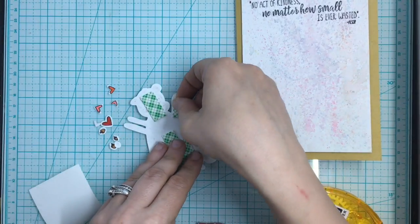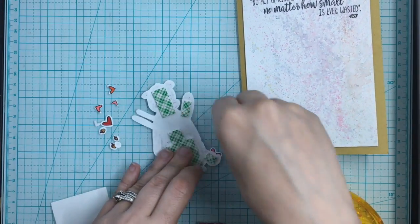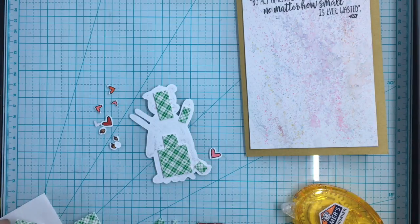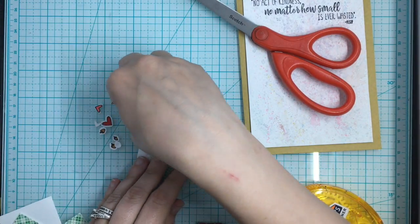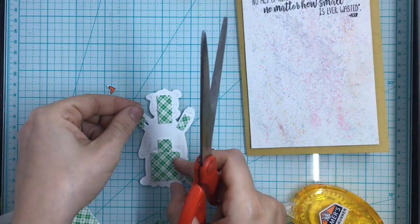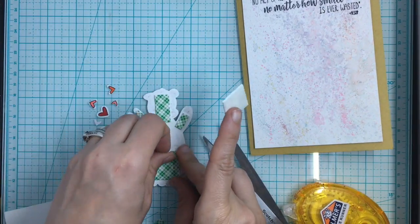I have to say, Honeybee Stamps is another one of my favorites. I love Hero Arts. I love My Favorite Things. And I think Honeybee Stamps is a close third. And then, of course, I love the Clearly Besotted too. Theirs are also very fun to color because, like I said, once again, the spaces are very well sized for coloring. Sometimes the Honeybee can be a little small, especially the finer details, but I feel like this one wasn't as bad. I mean, there were a couple little spots, but